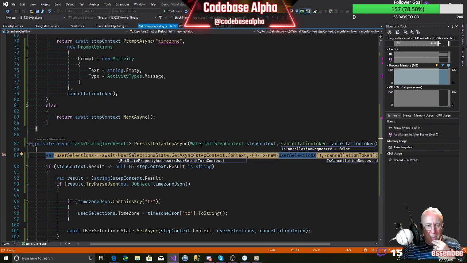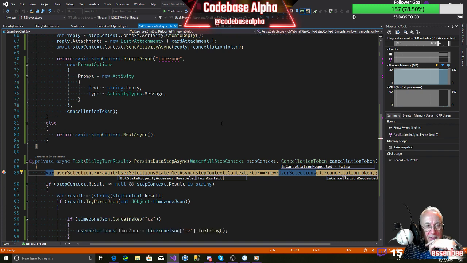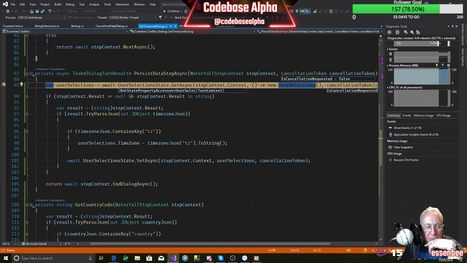So we're now in our persist data step. Our result contains US still. So what we would hope it would contain would be the time zone, because we displayed the time zone card, but it skipped over it. There's no way around it, is there?